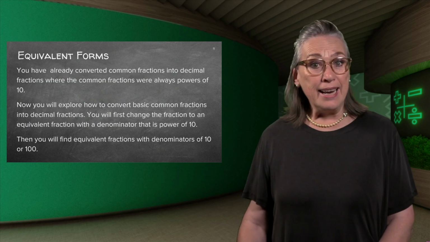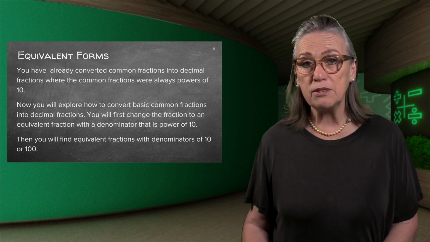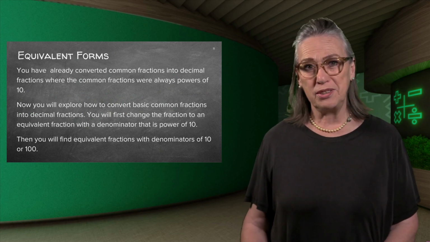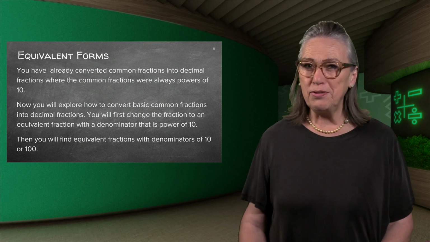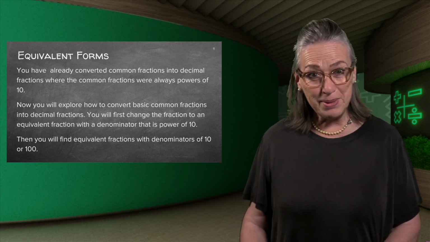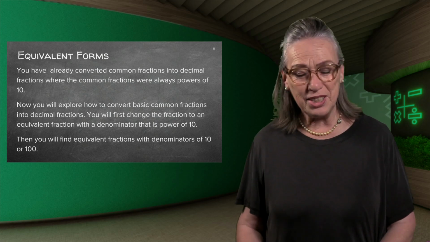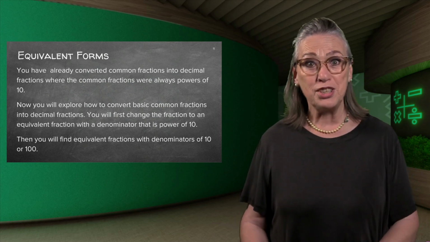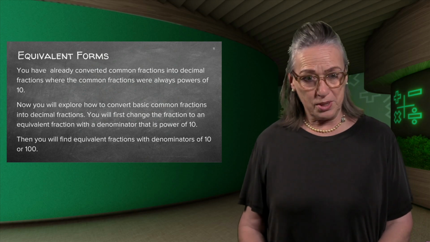Okay, now we can also work with equivalent forms. Now, what on earth is that? We've done that under whole numbers. So I'm sure if you want to refresh your memory on whole numbers, you can go to that lesson. It is so awesome, this product, right? You can just stop and go back and make sure that you understand. So what do we mean by equivalent forms?